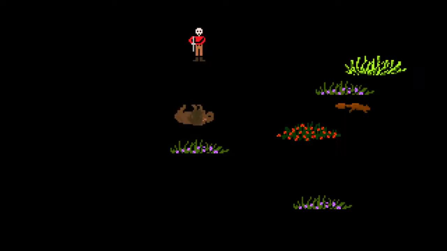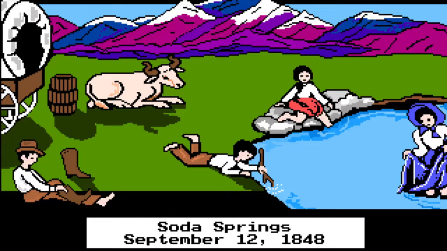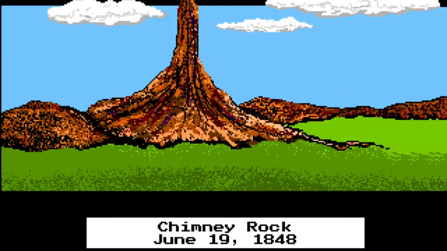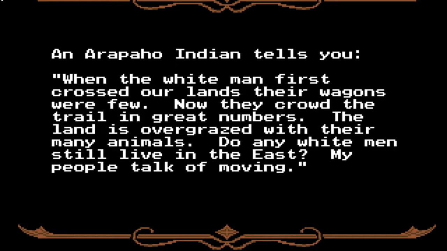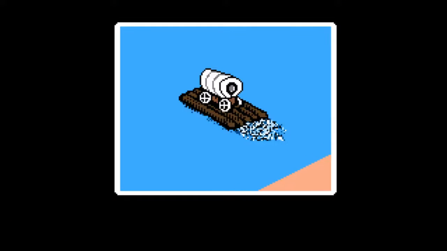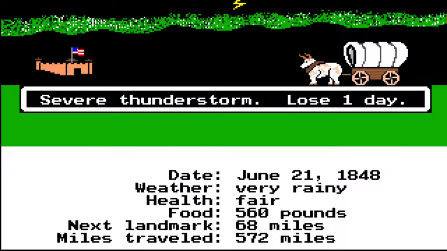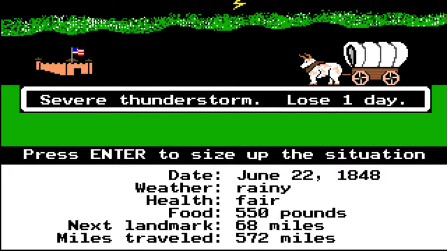The Oregon Trail, originally just called Oregon, was such a hit with kids it ended up defining an entire generation growing up in the 80s and early 90s, the so-called Oregon Trail generation, and continues to be a popular educational tool to this day. But with that said, how accurate is the Oregon Trail really? Did the things that happen in the game happen in real life? Well, that's what we're going to explore today, and we'll do so by comparing your in-game experience with the real thing. So hitch up your wagon, team, and let's hit the trail, 'cause it's Oregon or bust, baby.